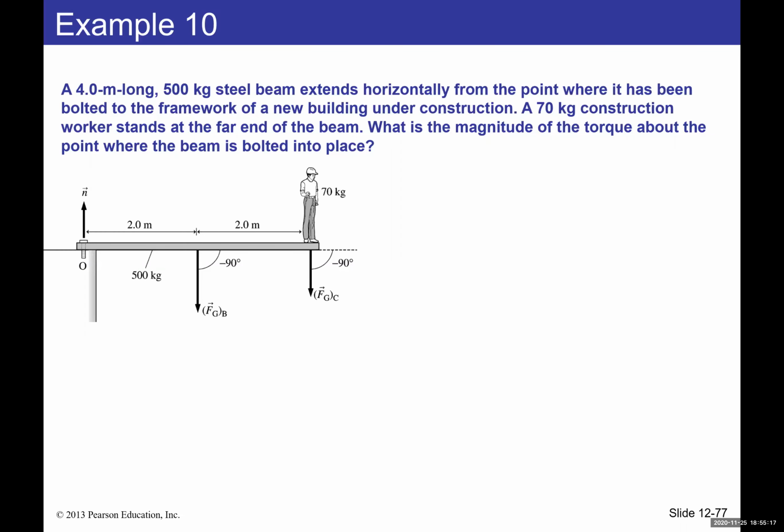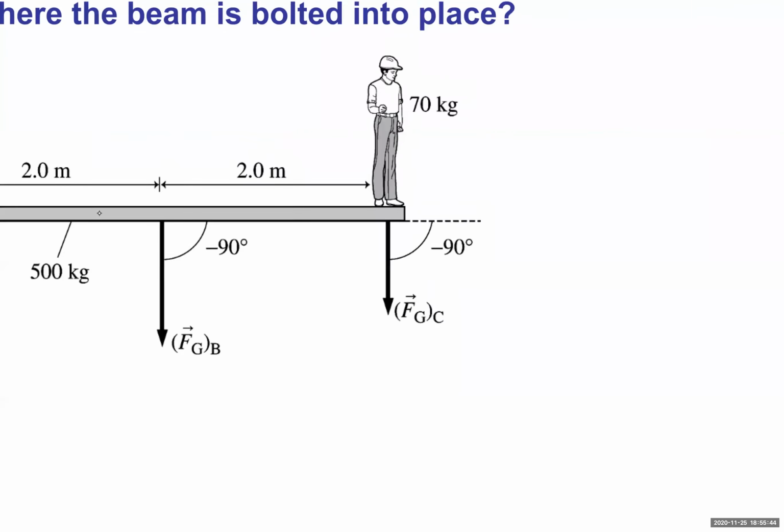All right, so I have a picture over here where you can see. One of the important things here is to identify your object of interest. Here the object of interest is the beam, because it asks for the magnitude of the torque about the point where the beam is bolted into place. That means the forces acting on the beam, so you can find it. So you have this beam as your object of interest, and then three forces acting on it. One is the normal force,